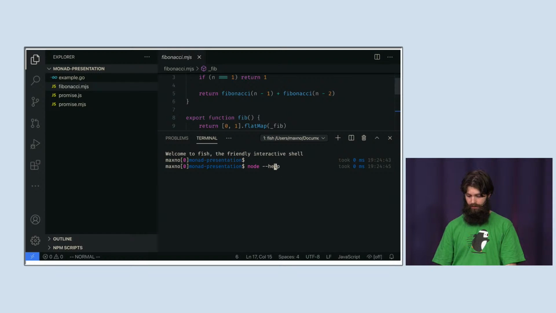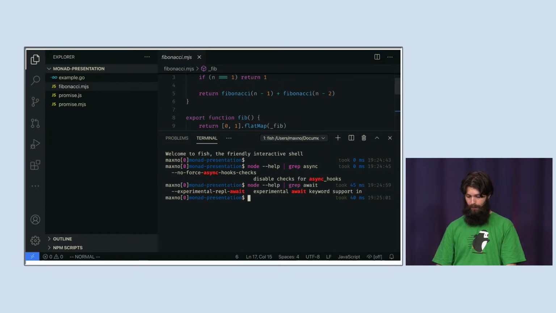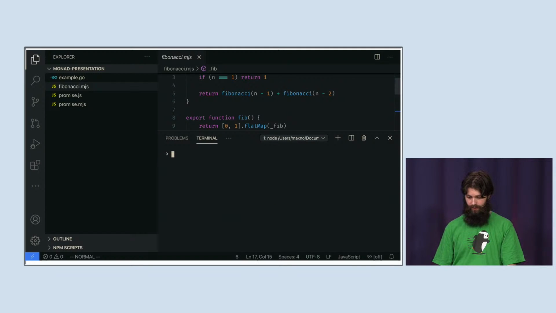Oops. Sync. Wait, I need top level await. There we go. Yeah, experimental stuff. This is cool. Okay. So,